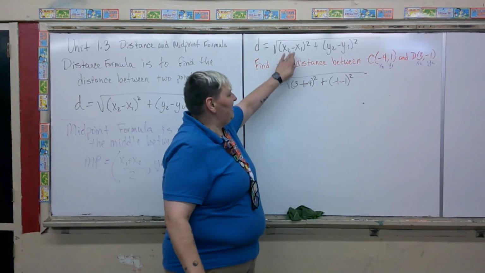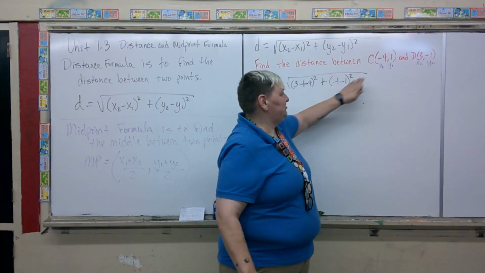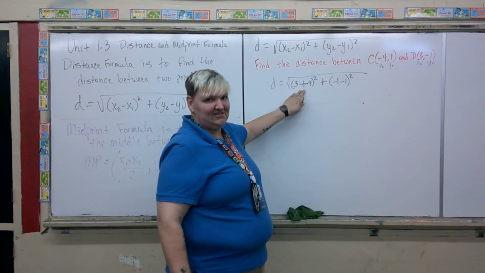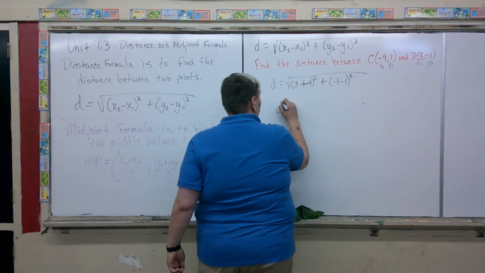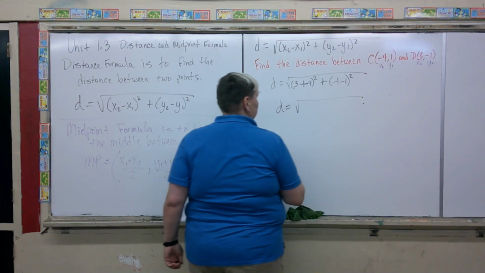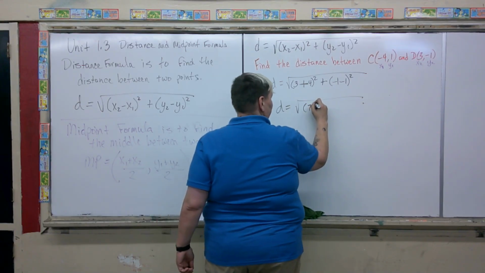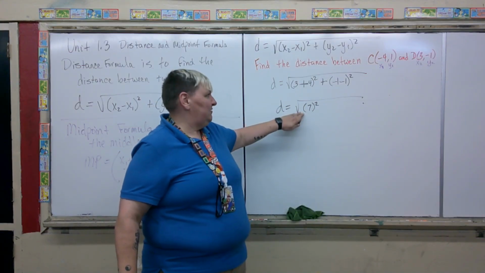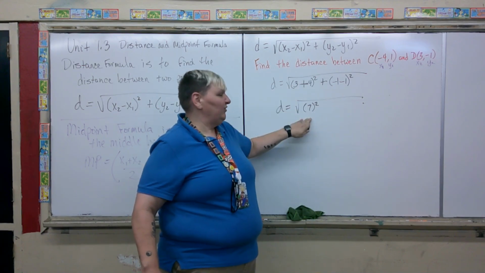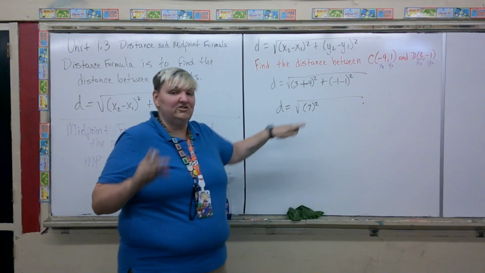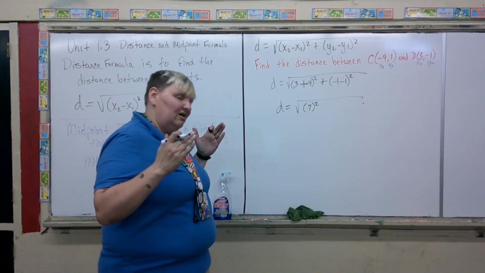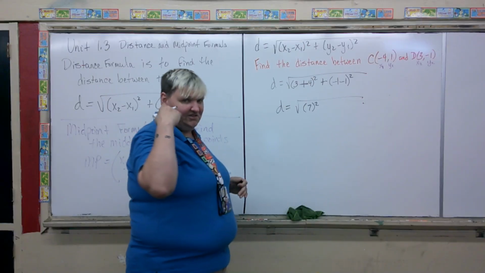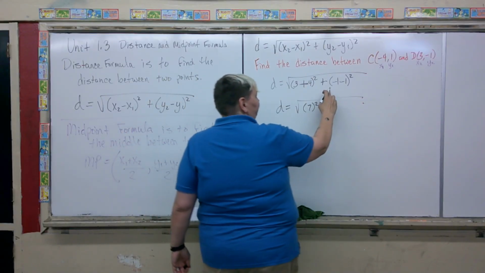Double check and make sure it matches your formula. Make sure your numbers are in the right place. Make sure if you have a double negative, it becomes a positive. Then move on. D equals square root. 3 plus 4 is 7. You see how the more practice you have, you can skip this step. 3 plus 4 is 7. 7 squared is 49. You could skip this step, but not until you're 100%. Take the time to go through all the steps until you're ready to start doing some of the steps in your head. Right? Plus,